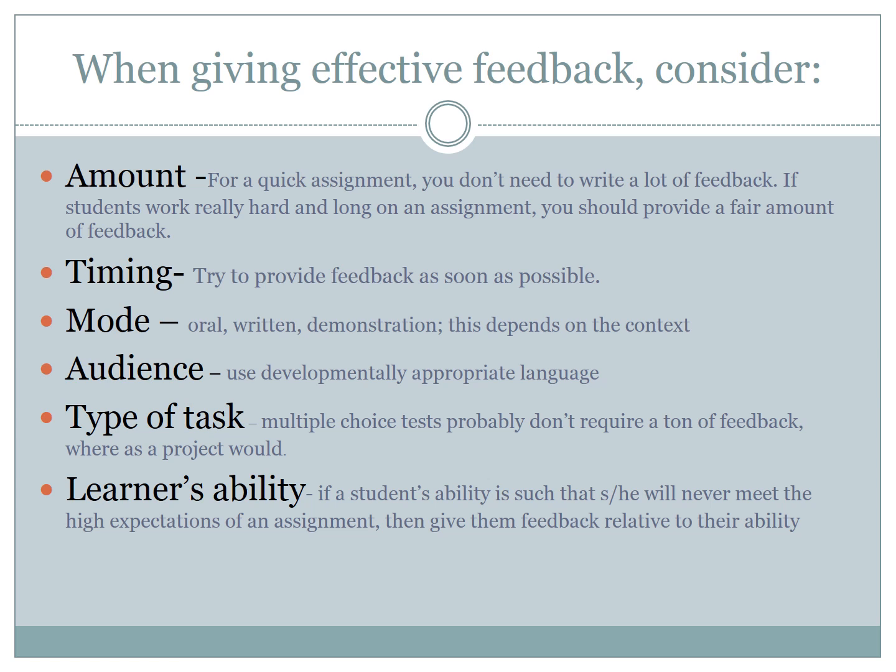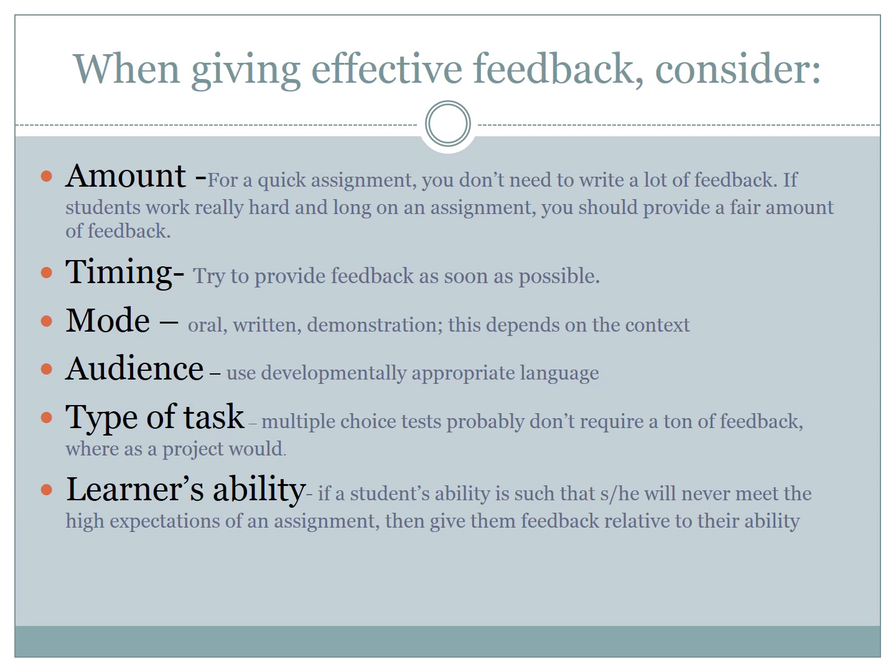The type of task affects the amount of feedback you give. For example, if you're giving multiple choice tests, you're probably not going to give a lot of feedback. What you might do is, if you notice that most of your class missed a particular multiple choice item, you might review that together in class and say, here's why A wasn't a good option, here's why B is the best option. A project, or a paper, you're probably going to give a little more feedback on.